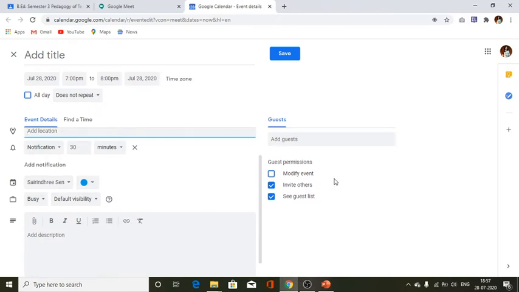Okay, so everything you can do, and you may invite others, see the guest list. So you can add a description regarding your meeting and just save the option. So this is how you schedule a meeting for the future.